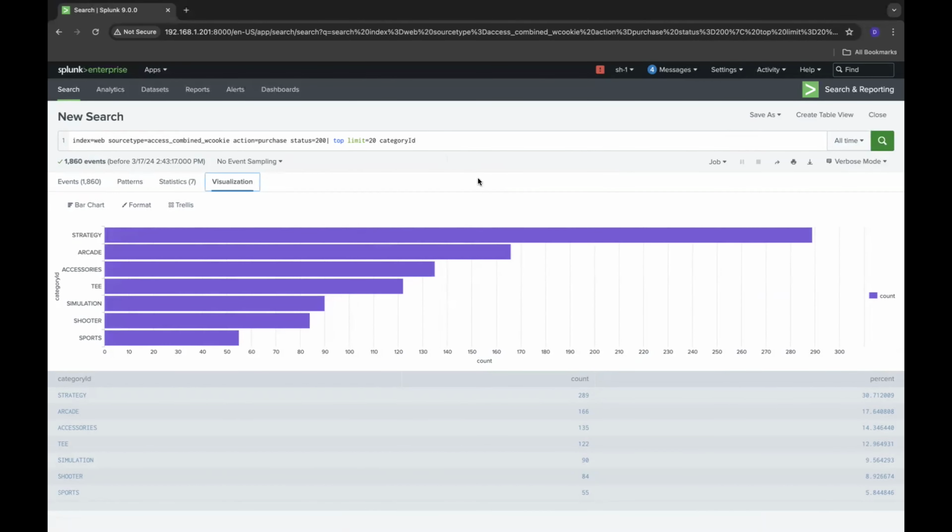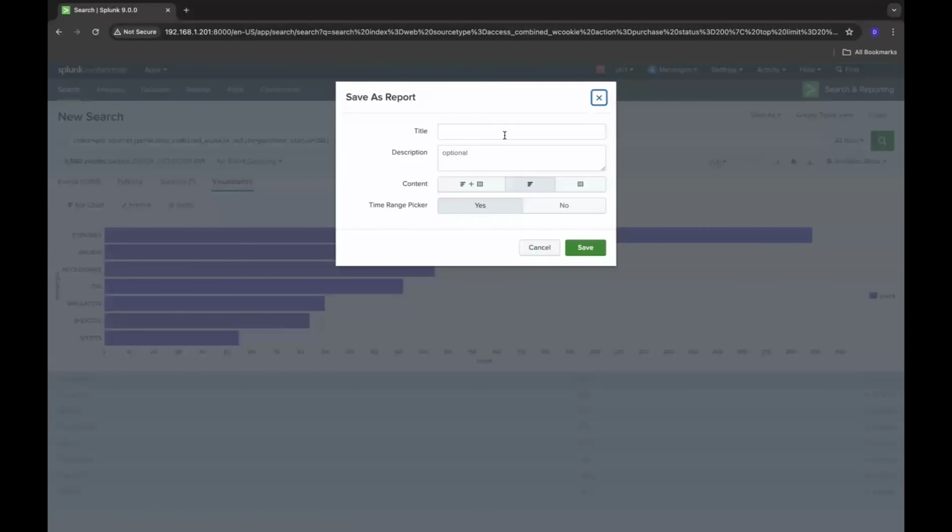So this is just one method of creating this report. Let's just save it. Sales department, then of course report, then of course successful